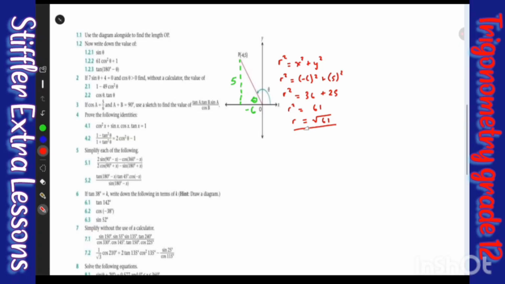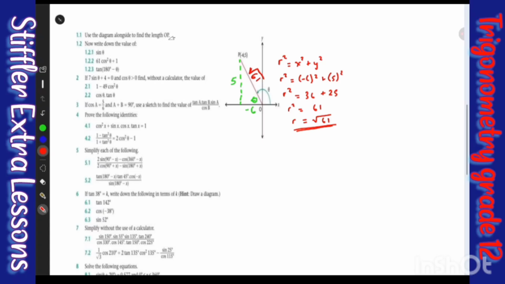So one thing also that you must remember is that when they say solve this without using a calculator, when you have to deal with the diagram, when you get your square root like that, if it is not a perfect square, just leave it inside the square root. Don't take it out. Don't try to punch this in a calculator to find a value. They will see that you have used a calculator. However, let's continue. So they said use the diagram